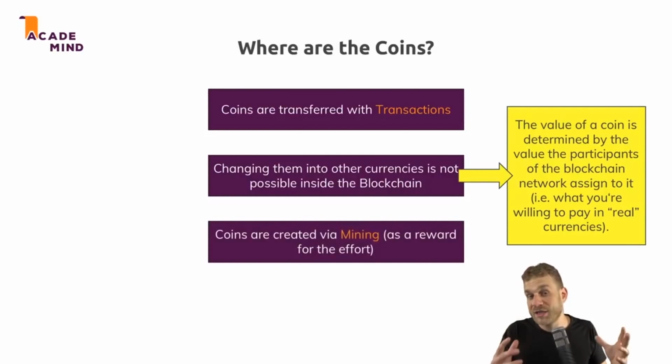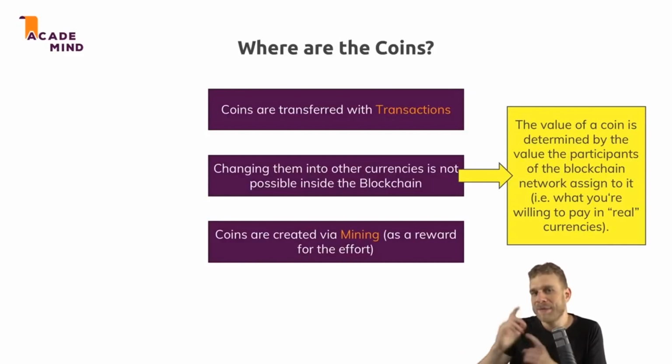And finally, coins are created with mining. Because of course we can send them around, but this doesn't create them. Mining is a crucial part, and mining is how new blocks are added. We will have open transactions where you want to send something to someone, and for that transaction to be confirmed, it needs to be included in a new block which is added at the end of the blockchain. People who are adding this are doing the so-called mining because this process actually takes a bit longer. They have to solve a complex algorithm, and they get some new coins out of the system as a reward.